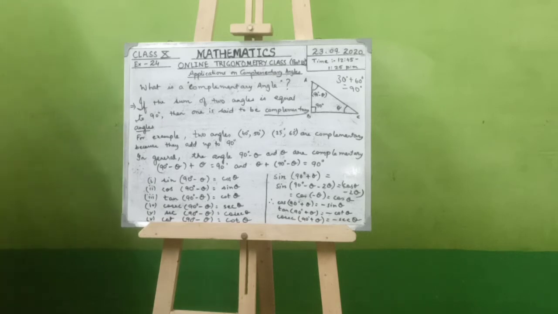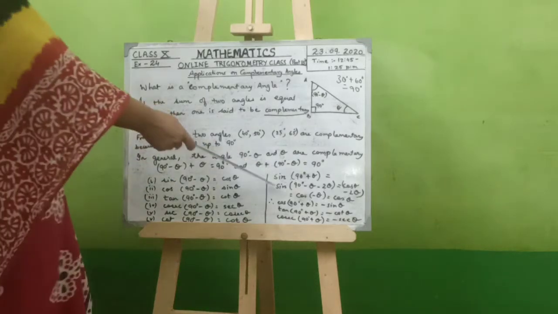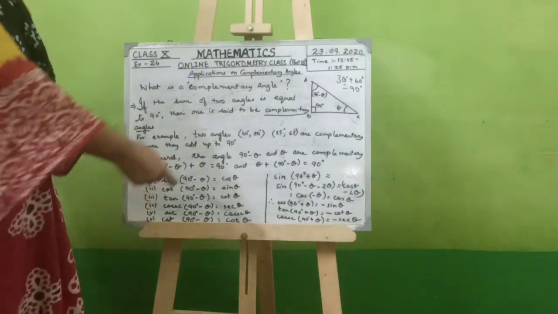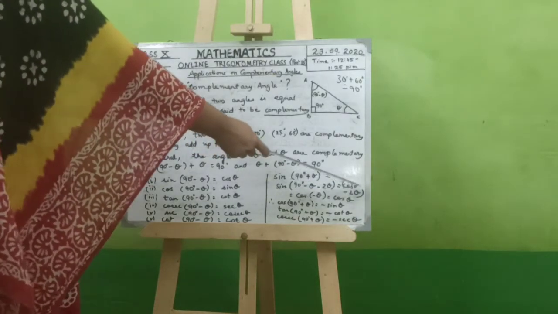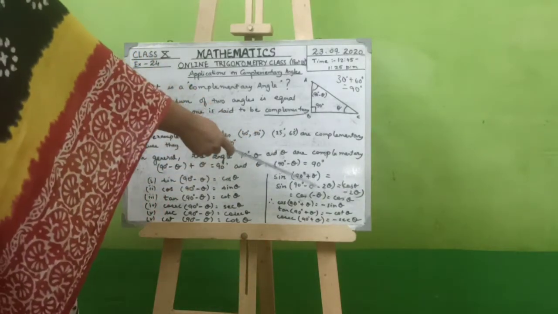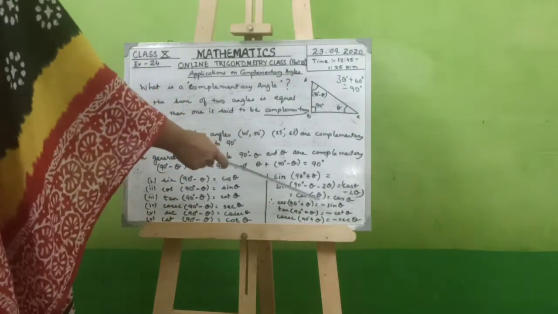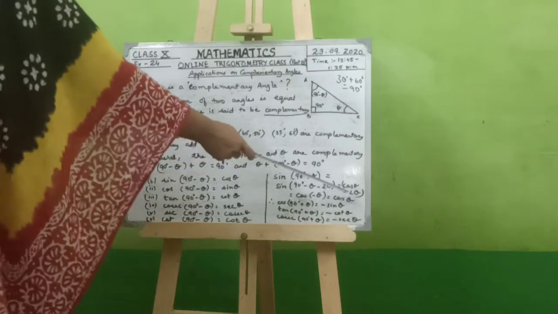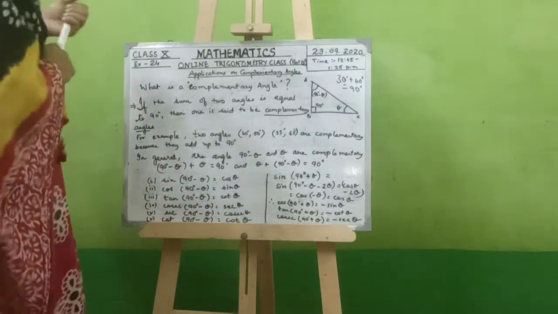Now, if you ask me, ma'am, if instead of subtracting we add, what will happen? Now look, sine 90 plus theta, what will it be? Sine 90 degrees minus theta minus 2 theta, that is equal to cos theta minus 2 theta. So we are just putting minus 2 theta over here. So theta minus 2 theta will give you minus theta. So minus cos theta. So cos 90 plus theta is minus sin theta.